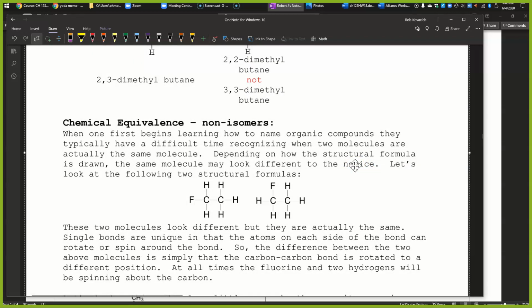Okay, so next thing I want to talk about are molecules that might look the same, but are either not the same or they're actually identical to each other. So these two molecules look different when in actuality they're exactly the same molecule. Around a single bond, I have complete and free and utter rotation. They can just spin. So it doesn't matter where I draw the F on that first carbon, as long as it's attached to the first carbon. So those are not isomers, they're identical molecules. The example for that is